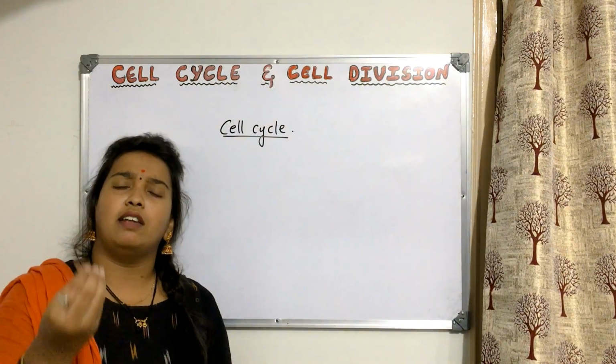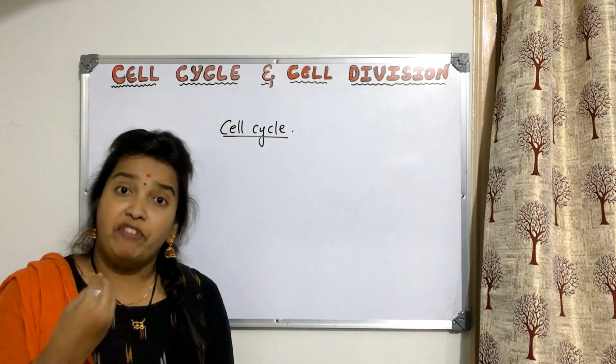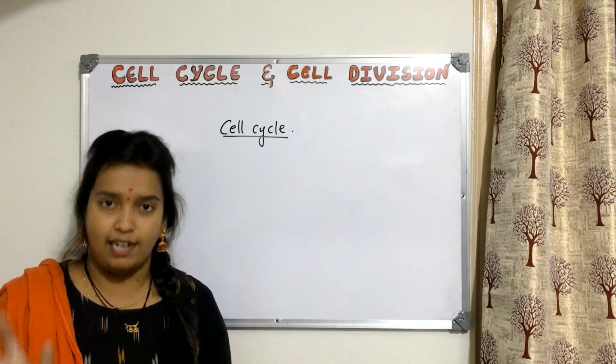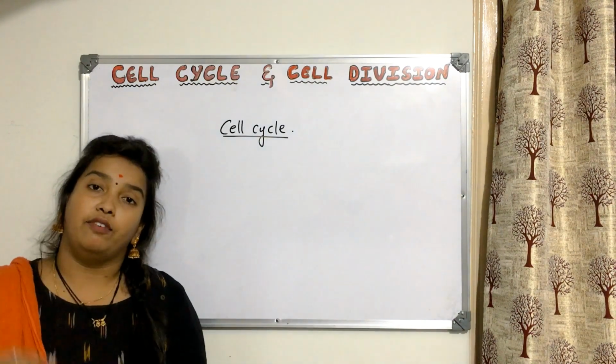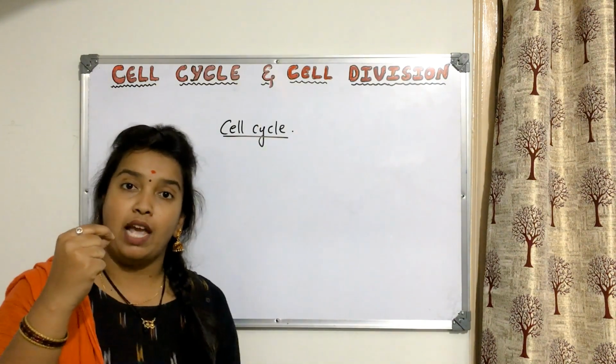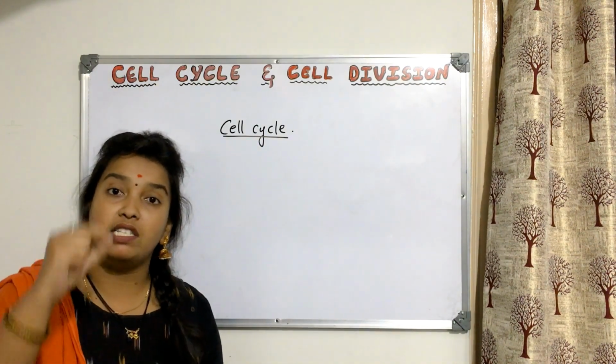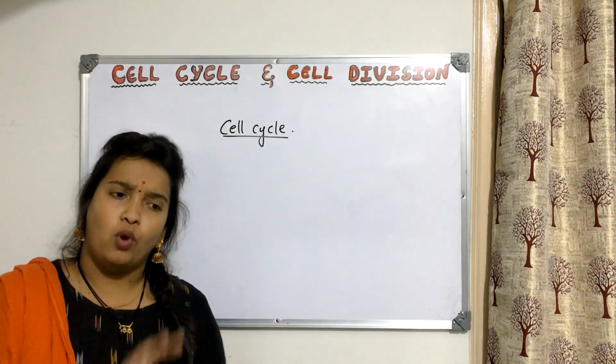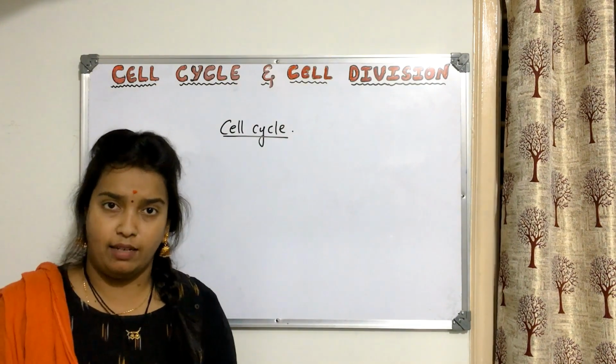Now let us consider human beings also. Even we people, now we look like this and we have grown, all these things are done. I agree. But we have started our life, and that life we have started with a single cell only. Yes or no? And that cell is zygote. So many concepts we have to understand for this class.